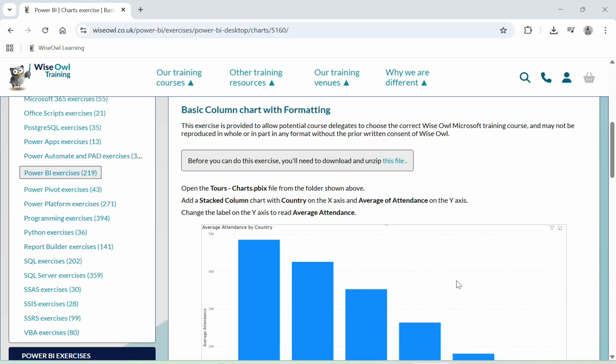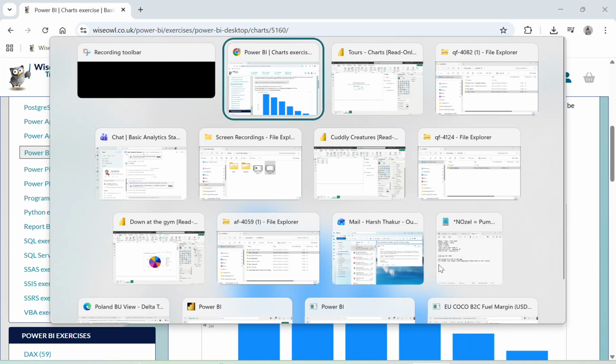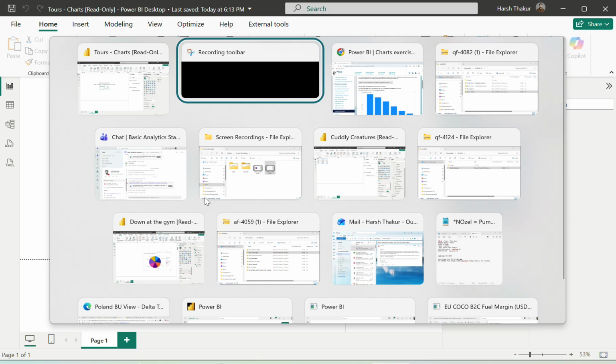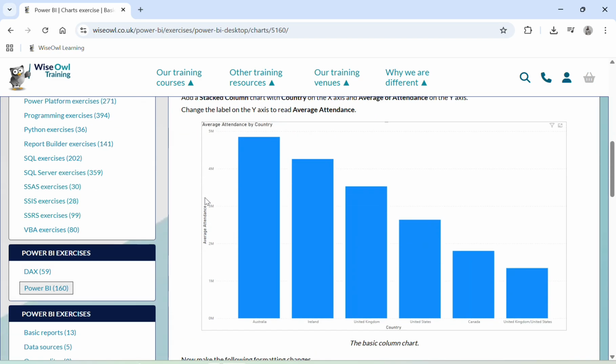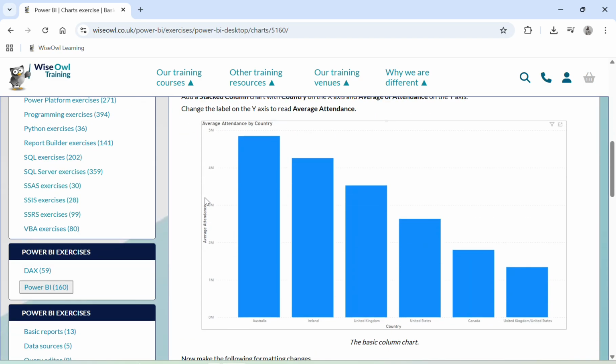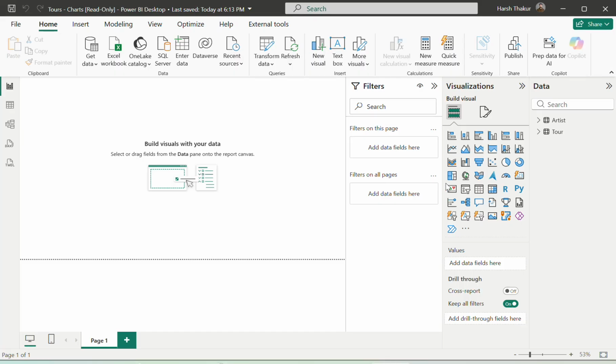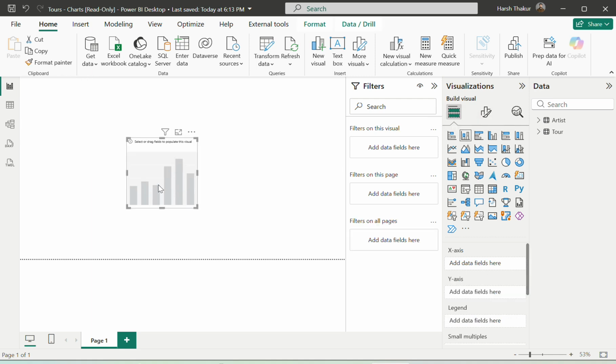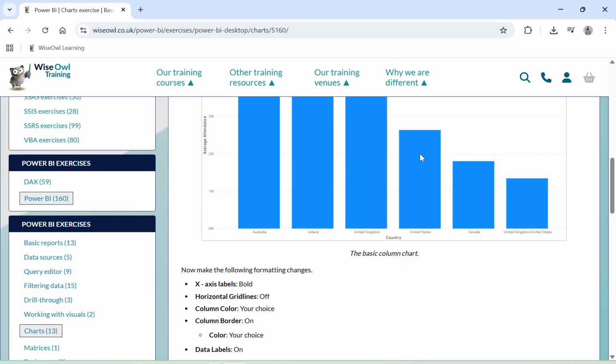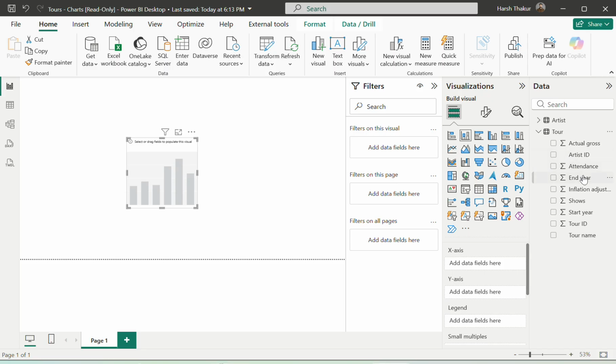Column chart basic. So I have downloaded this data. So this is the data. Now if you look here, it's saying to add a stacked column chart, right? So if I go just here, we can add a stacked column chart, which is this one, right? And then I take the country,